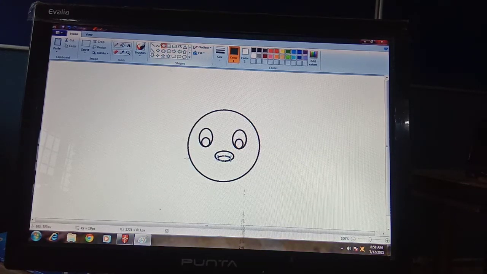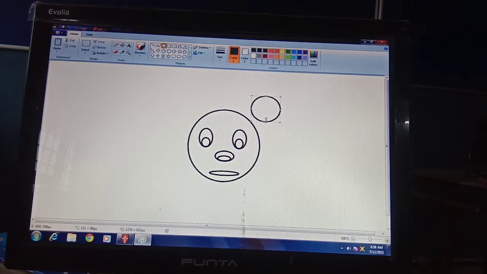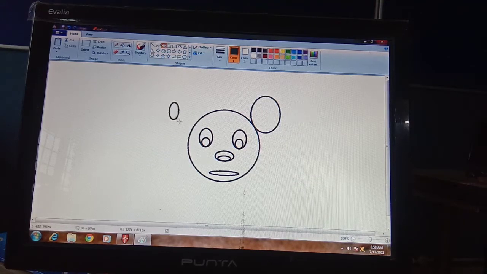We can have his mouth like this, and you can have ears like this. So you can also make this at your home if you have a computer.